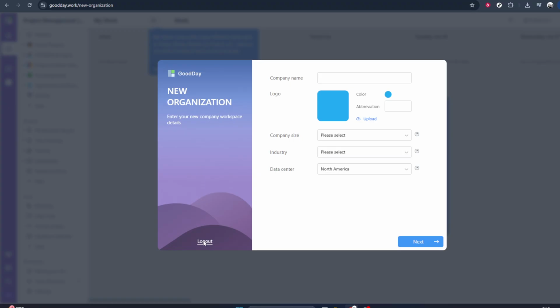From here, you can start inviting team members, setting up projects, and customizing the environment to match how your team works. And that's all there is to it. By clicking your profile icon, choosing Switch Organization, selecting New Organization, and then simply following the on-screen prompts, you can quickly create a clean, separate